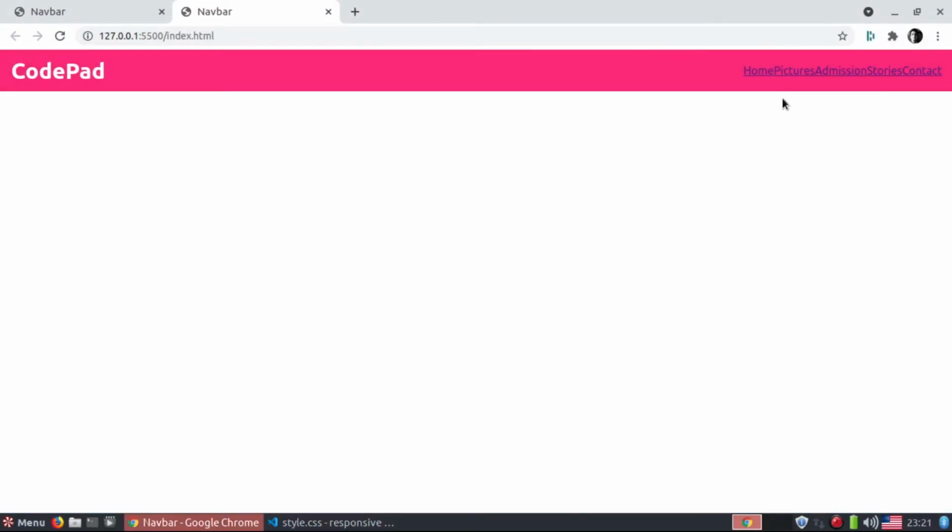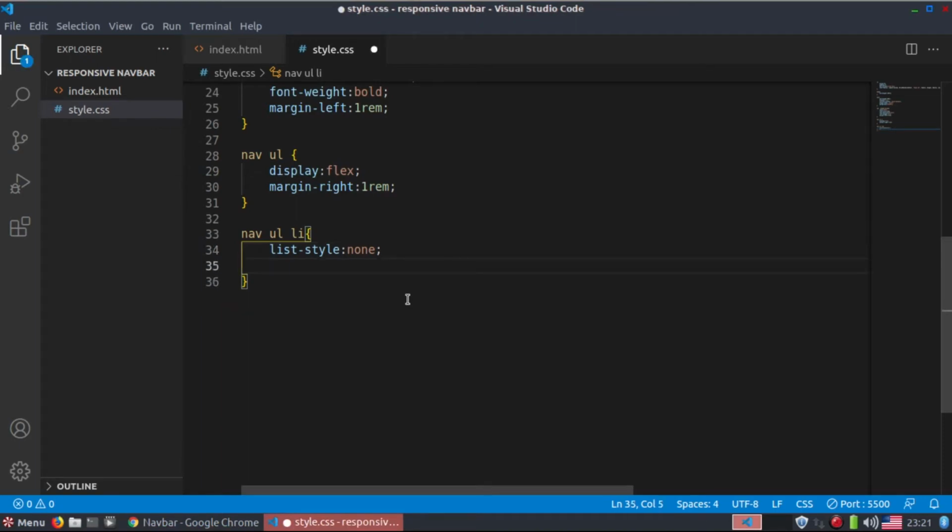After that, what we have here is these links contracted to each other. Then I want to give the padding, or so-called margin, right in here to separate them from each other, 0.5 rem from all sides. So this looks like that, and afterward I'm going to target the actual links here. So I'm going to say color of white, and afterward I want to increase a little bit the font size